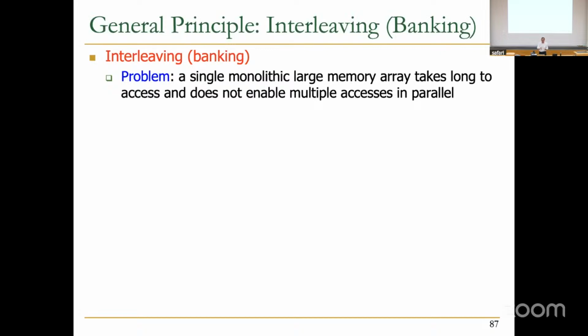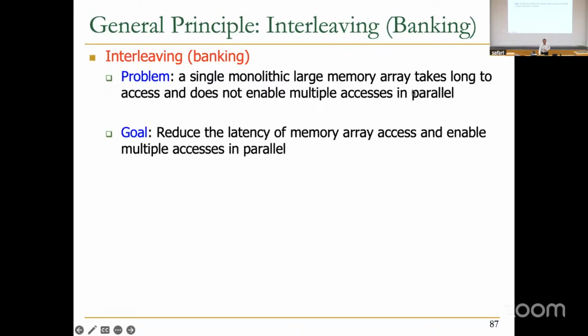There's another reason for banking, which is really even more fundamental. If you want to have a lower latency access to a very large amount of memory, it takes very long to access that if you build it monolithically. So chop it up into pieces. Each of those pieces is faster to access, right? That's the idea. This clearly is good for latency, but it's also good for what we discussed earlier, multiple access